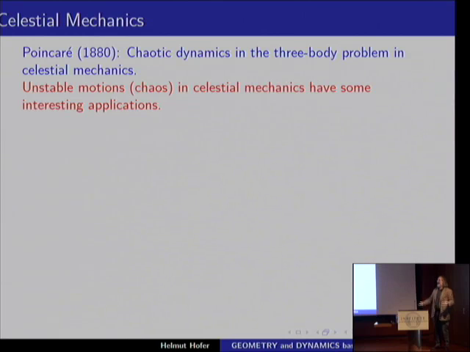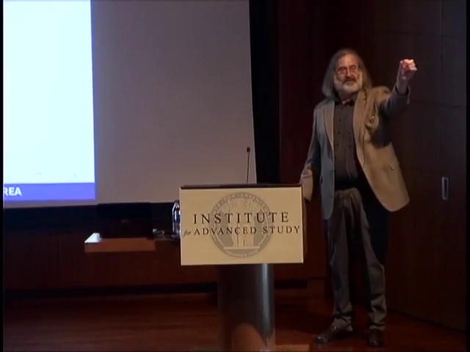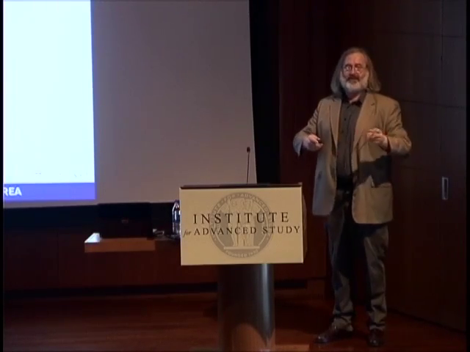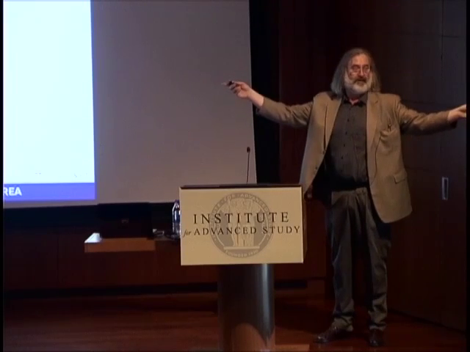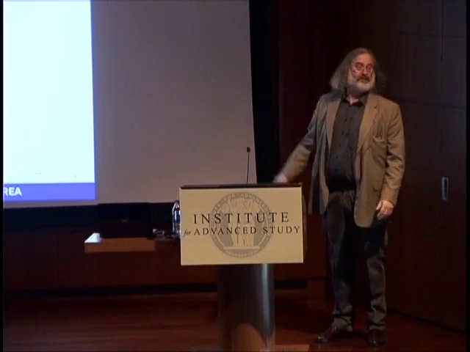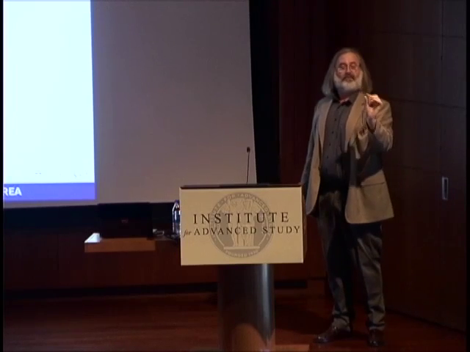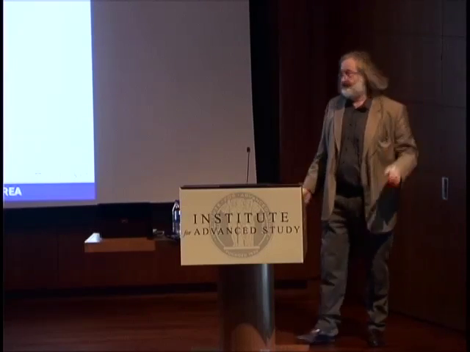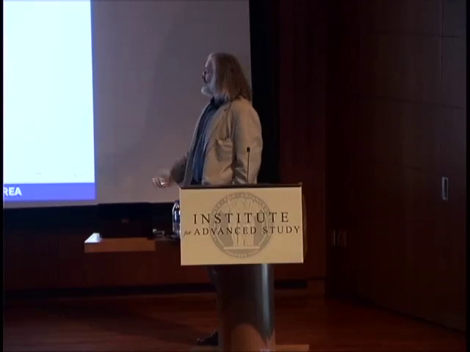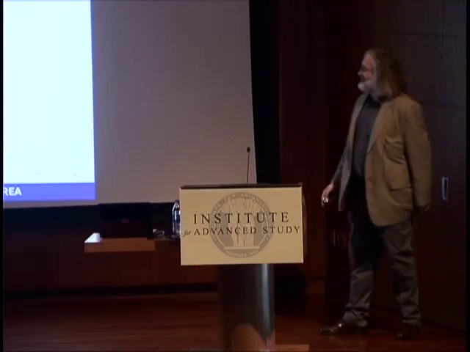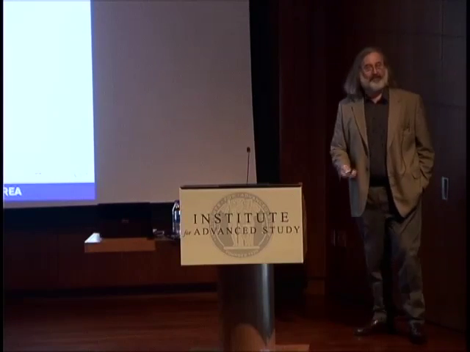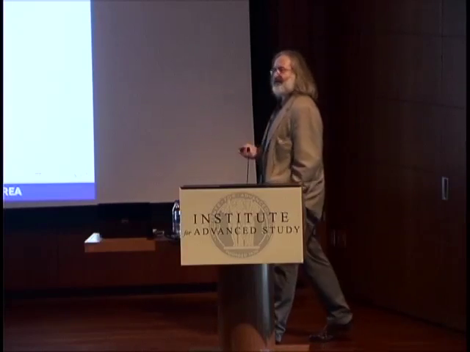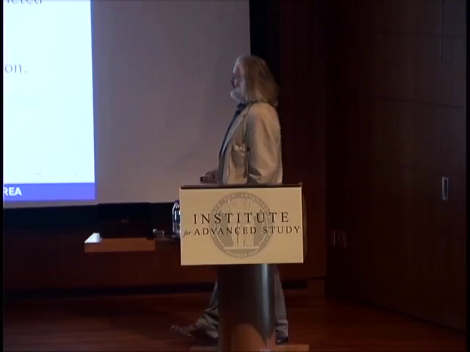I mean, the demonstration at the beginning could also be a demonstration of the usual weather forecast, where you make measurements, which are the satellites; they are very close together, and the prediction is where they are at some point. They can be all over the place. And what you see in weather, you see also in this system. Since you can't measure accurately, the predictions in the long term are usually off. So now it turns out that the fact that there is actually chaos in celestial mechanics has some interesting applications, and I will talk about this first before we get a little bit more theoretical.